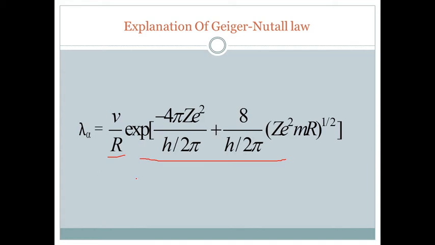So in life too, the lesson learned is, as I said earlier, you might be extremely talented. That is, your e raised to minus g might be terrific. You are gifted, you are a genius. But if your v by r component is less, that is, you don't put in hard work, this is the hard work component, this is your intelligence component, it is the product of these two which is going to determine the decay constant.